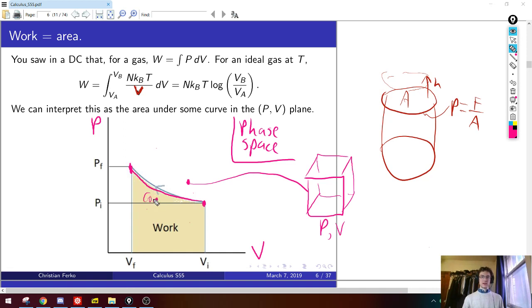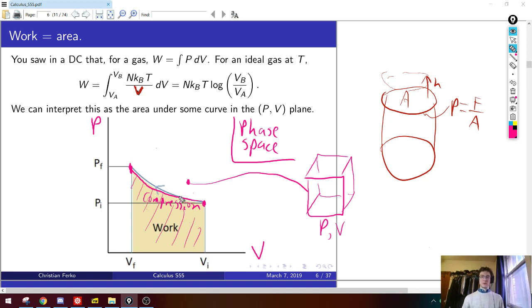This is a compression. And then you can think of the area under this curve. Well, this time we should really think of this area as being negative, because you know from integrals that when we go from right to left, when you reverse the order of integration, you should think of it as a negative area. So what is the interpretation of that? Well, negative work means the gas is not doing work on its surroundings, but I'm doing work on the gas, right?